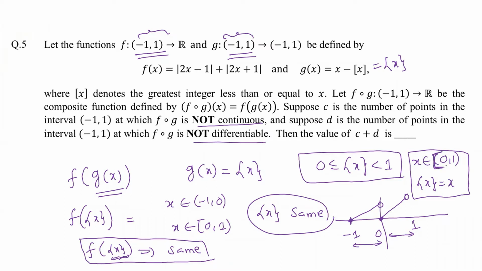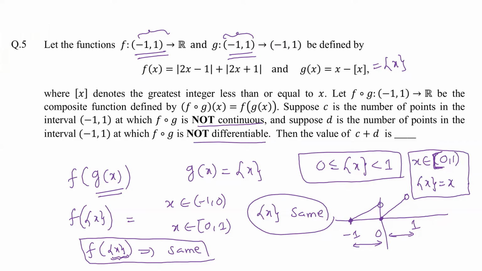And the second thing that we have here, the fractional part of x value is always between 0 and 1 only. As the behavior of this graph is going to be the same between 0 to 1 and -1 to 0, the behavior of the graph of f of the fractional part of x is also going to remain the same between -1 to 0 and 0 to 1. So we are going to interpret what will happen to this composite function between 0 and 1 only. Then we are going to copy exactly the same graph for -1 to 0, because the behavior is going to be exactly the same.